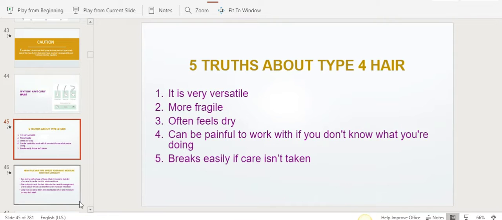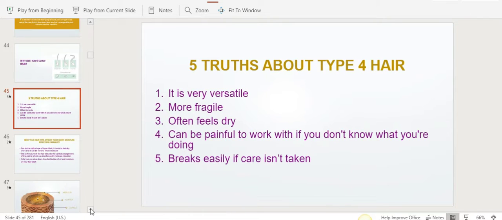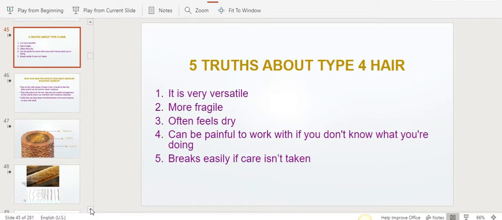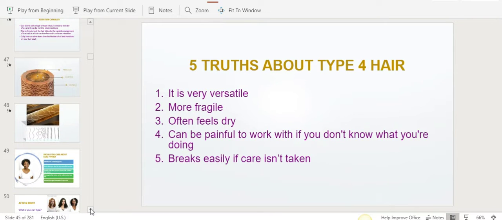So let me go over some truths about type 4 hair. Five things you need to know about type 4 hair. It is very, very versatile. By that I mean we can wear our hair straight, wavy, or curly, with twist outs and whatever hairstyle. We can wear cornrows without putting any gel or band to hold the braids in place. We can wear an afro puff. We can wear pretty much any hairstyle without needing hairspray, gels, or any of these products that hold your hair in place. Our hair